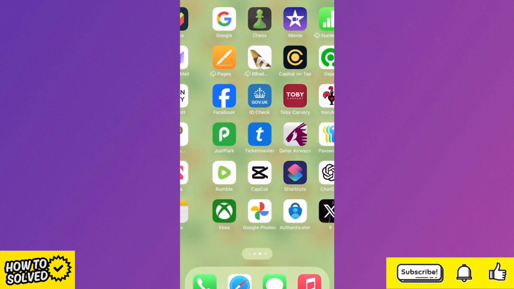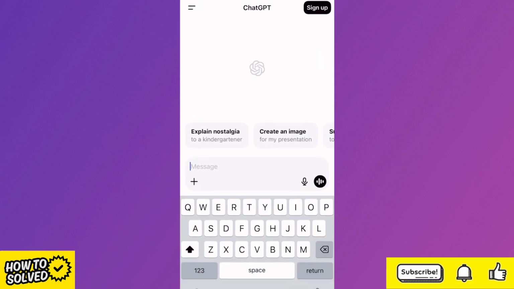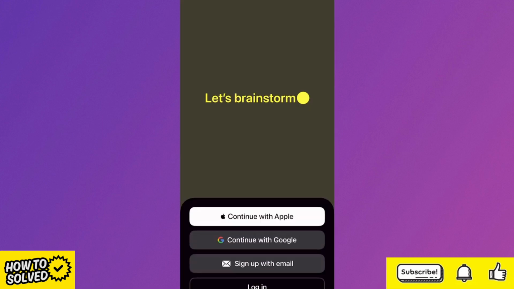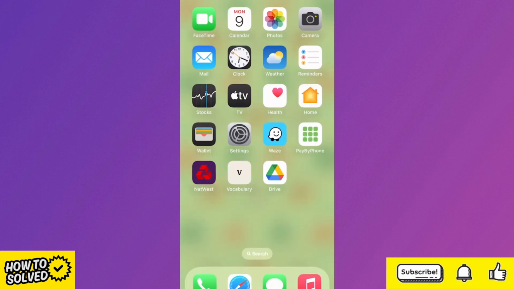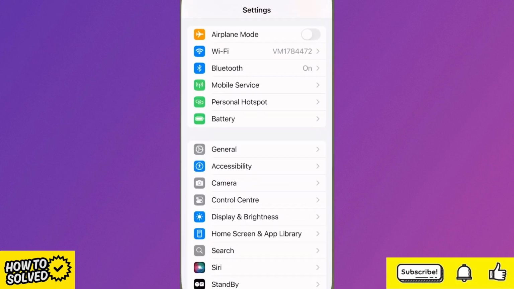Once you've tried this, you can head back over to the ChatGPT application, click on the Sign Up button, and then try logging in with your account. If it's still not working, we're going to head back over to the Settings app on your phone, scroll down